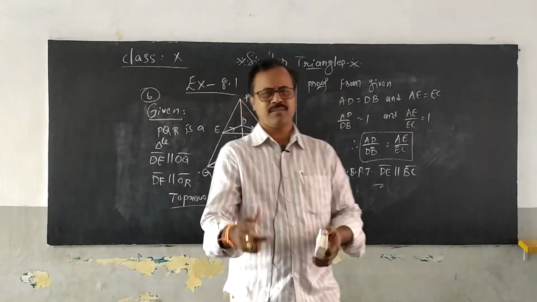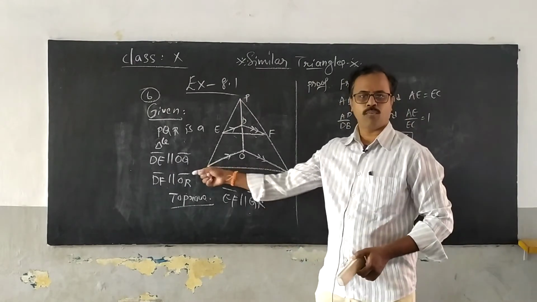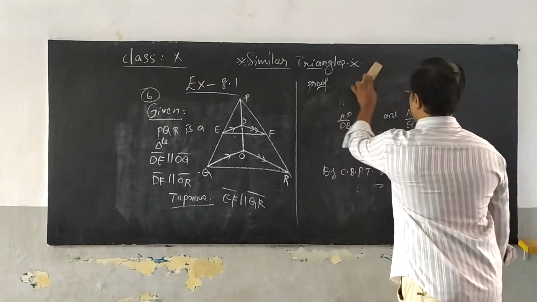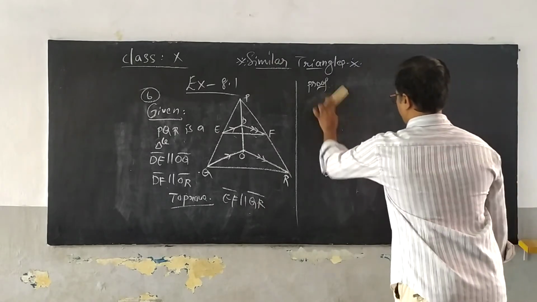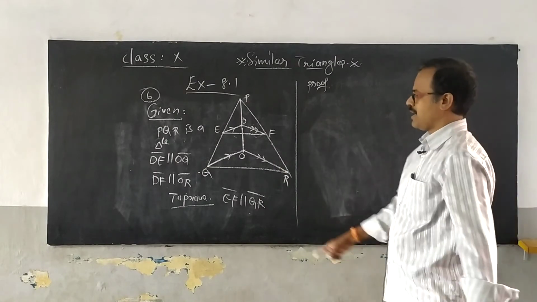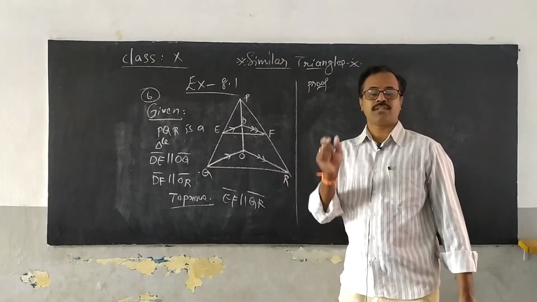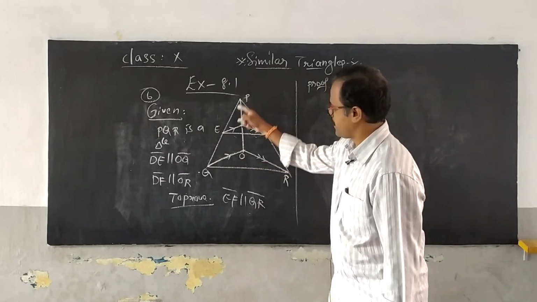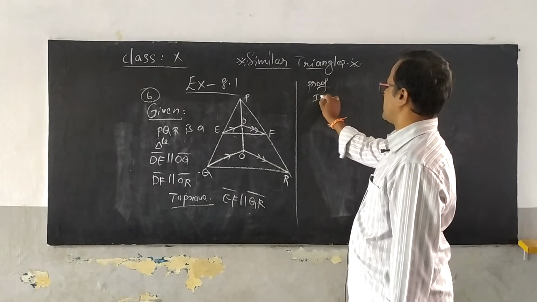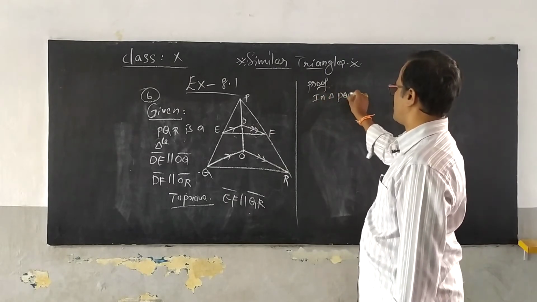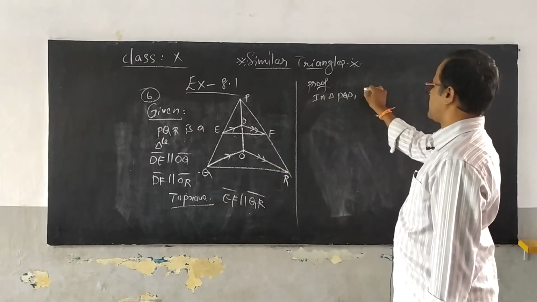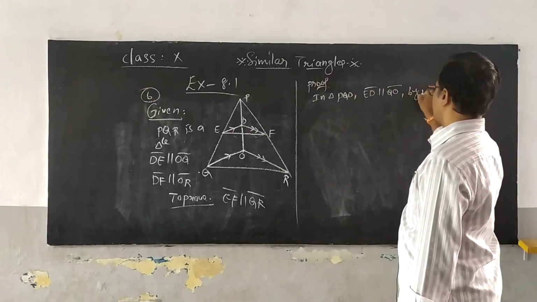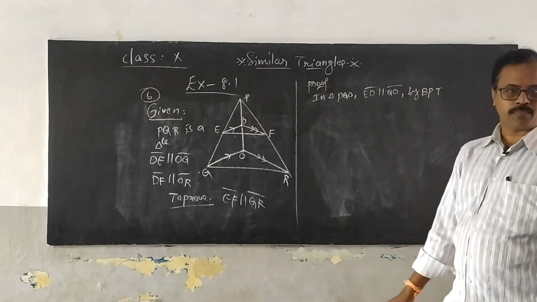Okay, it's very, very simple. Whenever you see parallel, what theorem do you want to remember? Very good, it is the basic proportionality theorem. Whenever you see parallel, your mind recalls the basic proportionality theorem, right? So, first of all, I select this triangle PQO. In triangle PQO, ED line segment parallel to QO line segment, by BPT, by basic proportionality theorem,